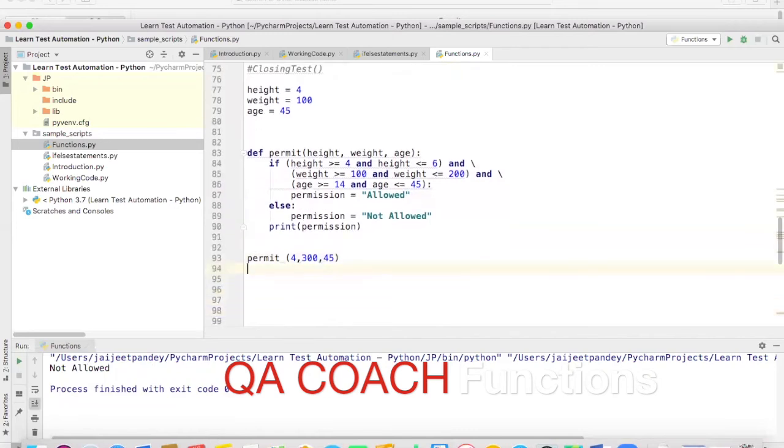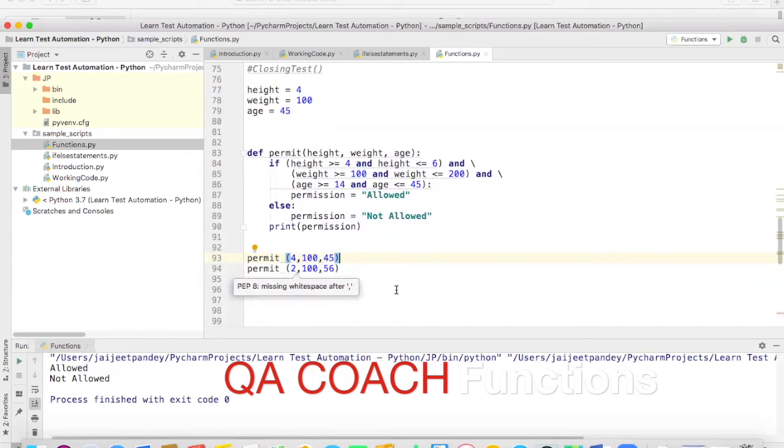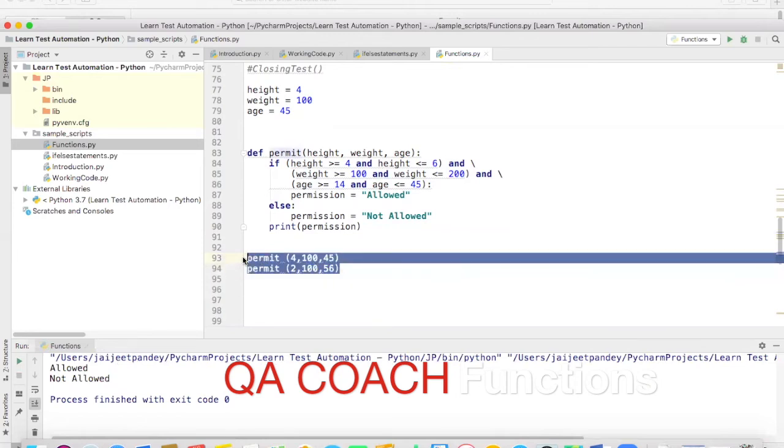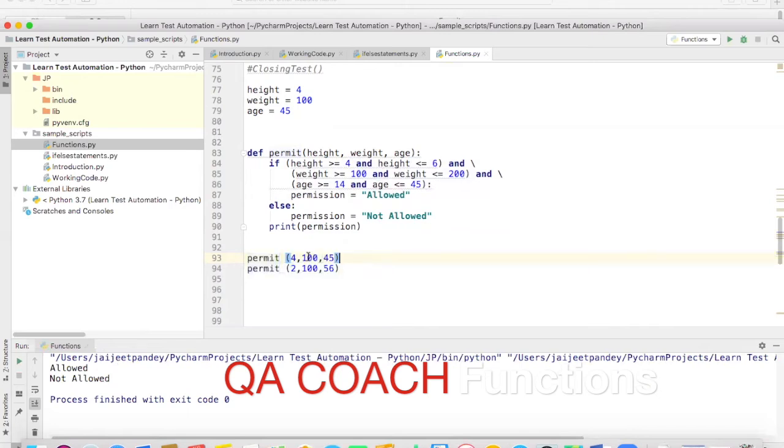Now you can call this same function with multiple values: 256. Let's see what happens. 100, right click, run, and see, in first condition it's allowed, and in second condition it's not allowed, right? So this is how you can define a function. You can pass values as parameters when you're calling a function, and then this happens. But there is one thing, what is happening in this function, the print statement is within the